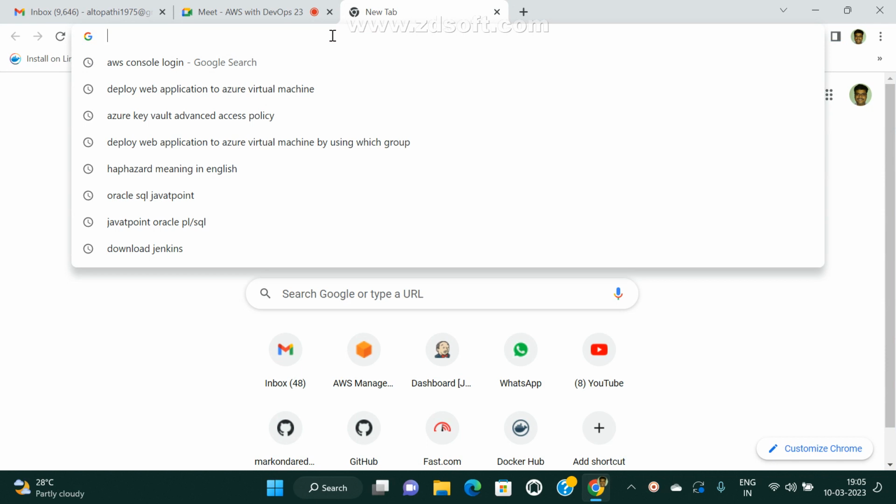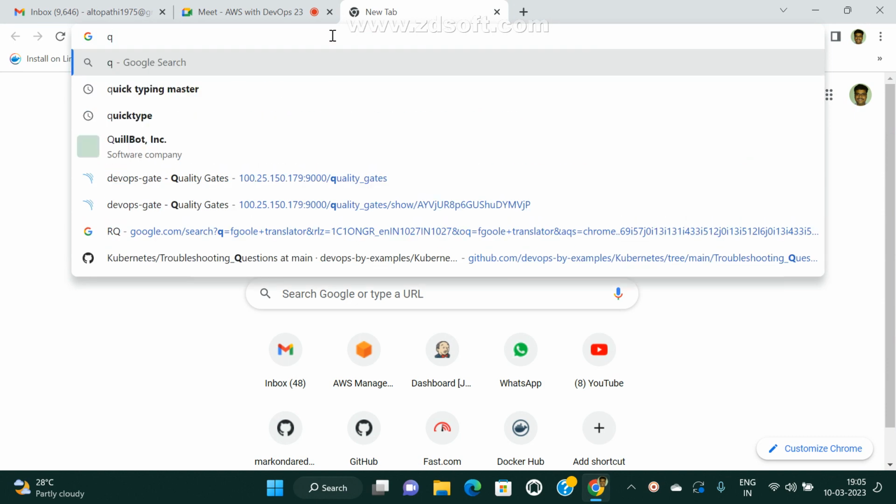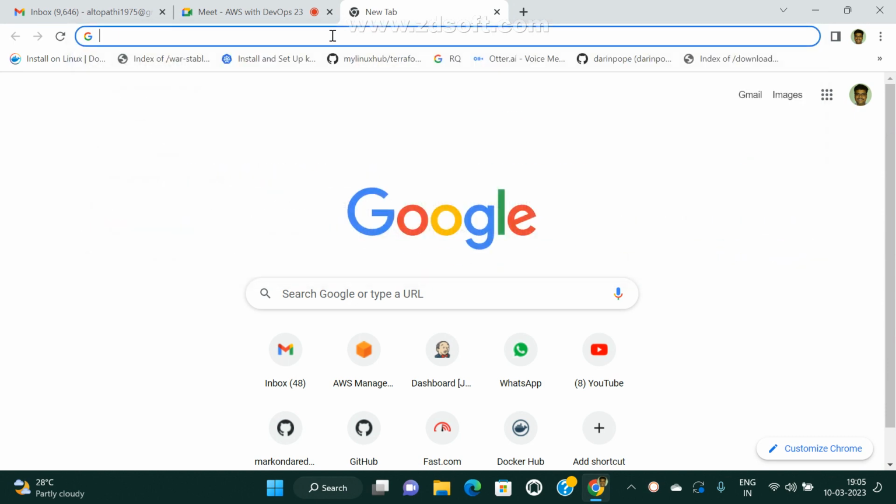Last class we discussed how to implement a scripted pipeline, and already you know how to implement a declarative pipeline. The same script I updated yesterday with the scripted pipeline. So only the syntax will change, and some of the steps we need to remove. Apart from this, here it will start with